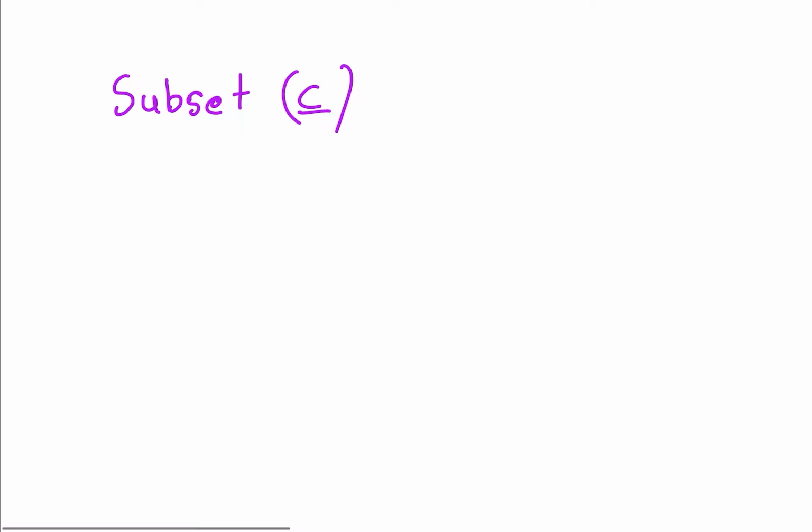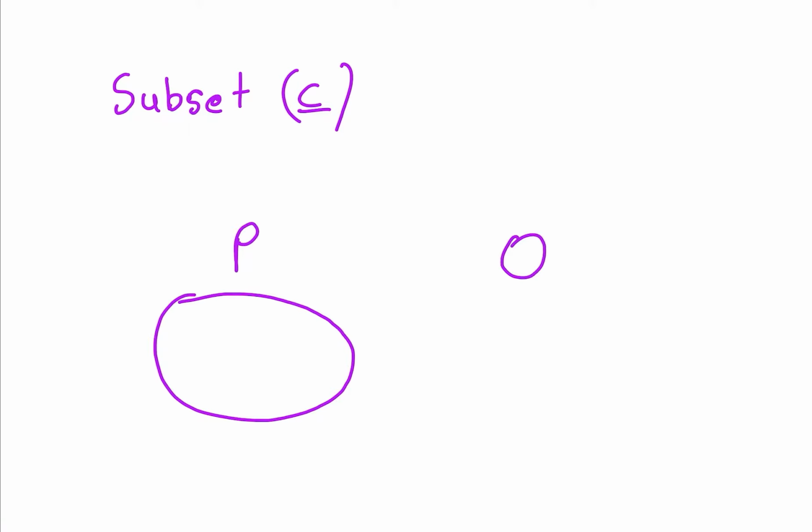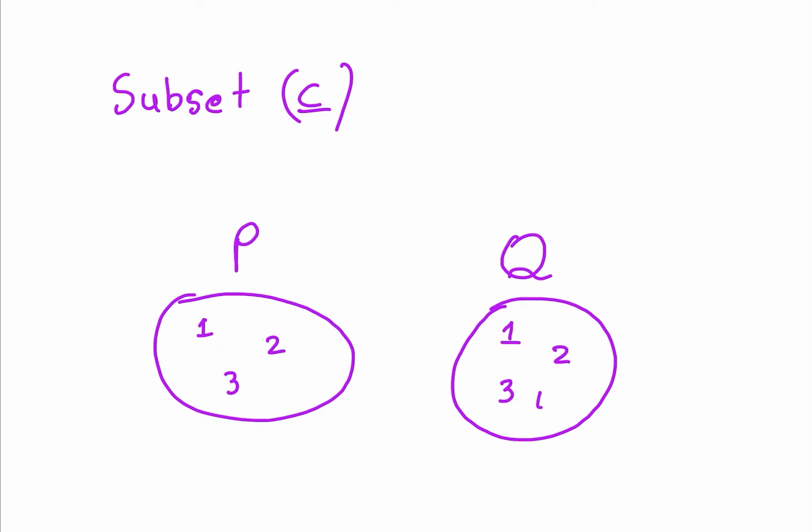For example, take sets P and Q, with the Venn diagram shown over here. P would be a subset of Q if every element of P is also an element of Q. So let's give these sets elements. As you can see here, P has the elements 1, 2, and 3, while Q has the elements 1, 2,